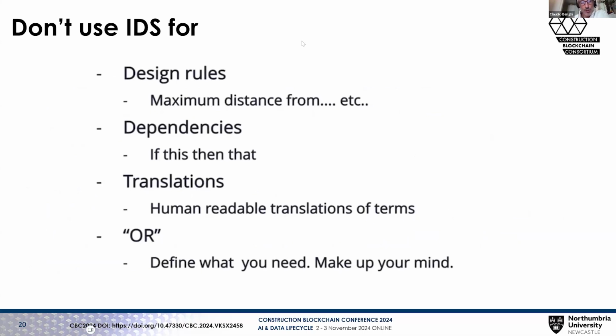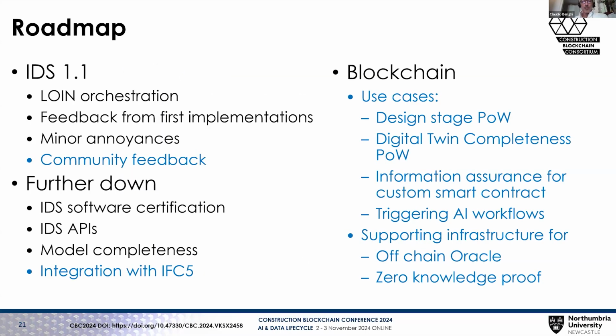We never want to use the IDS for enforcing design rules or dependencies or translation. We want to keep it simple and avoid the use of large sets of OR clauses, so that we don't have a lot of fragmentation of our rules. Make up your mind. Just tell us what you want. Make it clear. In terms of roadmap, IDS 1.1, which is the next version, will help us